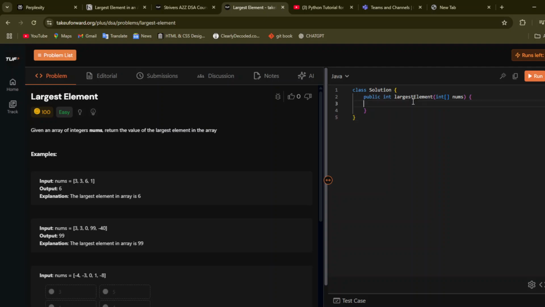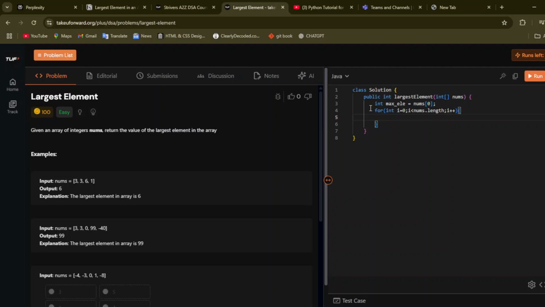So let's write this. I am writing this code in Java. You can follow whichever language you are familiar with. So we will initialize a max element, which is nums of 0. And we will write a for loop: int i equals 0, i less than nums.length, i plus plus.